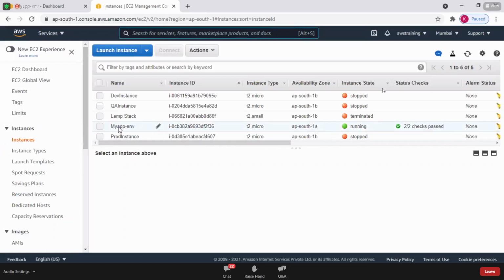You can see here, Rohini, that for the MyApp environment an EC2 machine was created. So something like CloudFormation, Elastic Beanstalk helps in creating the infrastructure, but Elastic Beanstalk is from the developer perspective. It's shutting down, and finally it gets terminated.